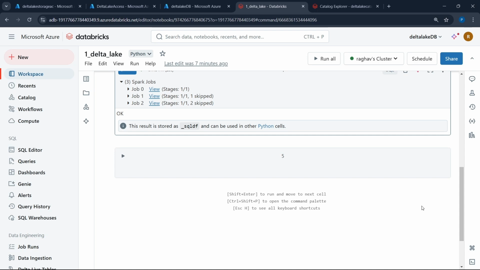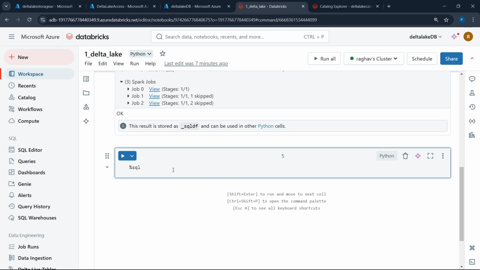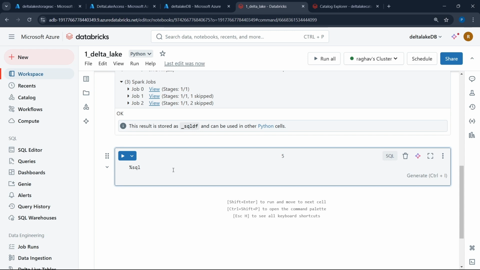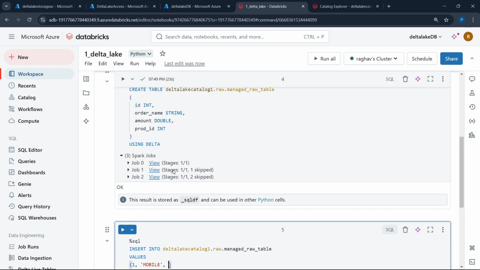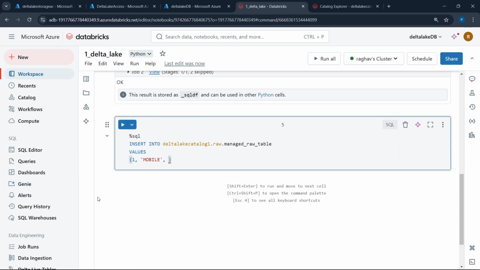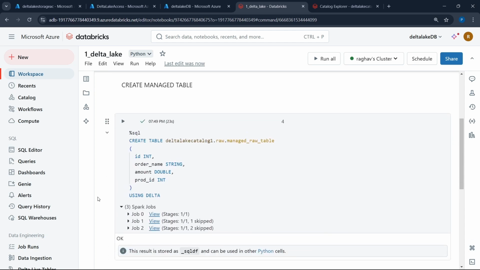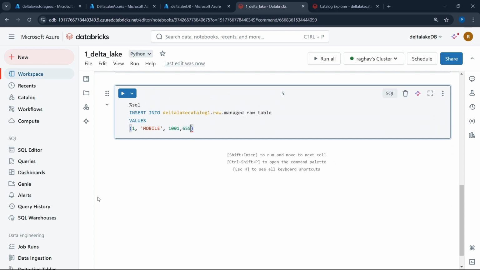Now let's insert some data into the table that we just created. So onto the next cell, type percentage SQL, and pretty simple SQL commands. Insert into, and then it will automatically give the table name. Let's give values. Let's give any name what we want. Let's give mobile, and the next thing is amount we have to give. Let's give 100, 1001, and now we have to give the product ID. Let's give 655,